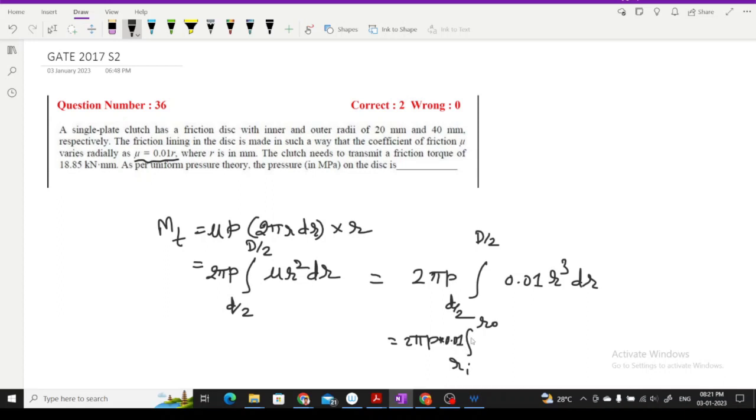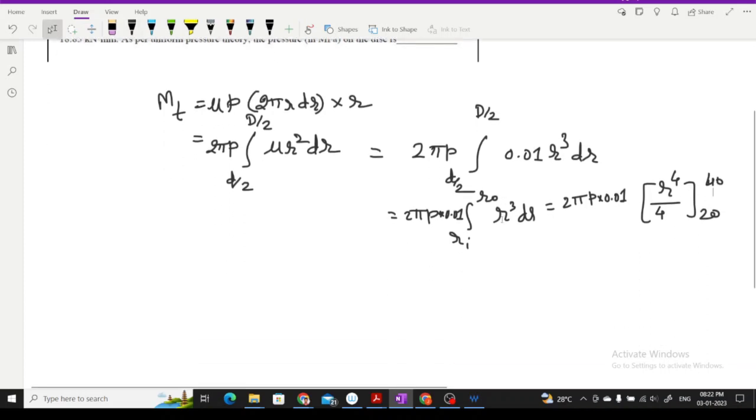What answer are you getting? 0.5 MPa, yes, correct. 0.5 MPa is the correct answer. So this 0.01 I have taken out, then r cube dr. So it is 2 pi p into 0.01, r to the 4 by 4, between r_i and r_o. So once you simplify this,